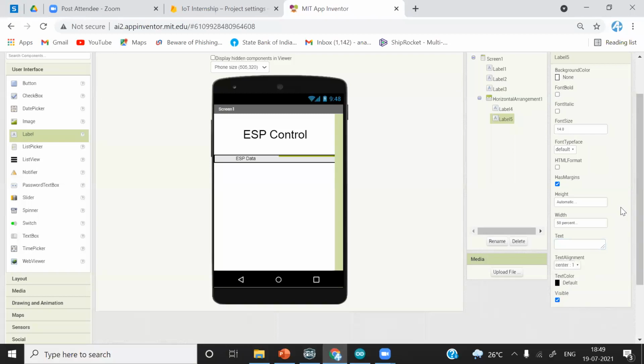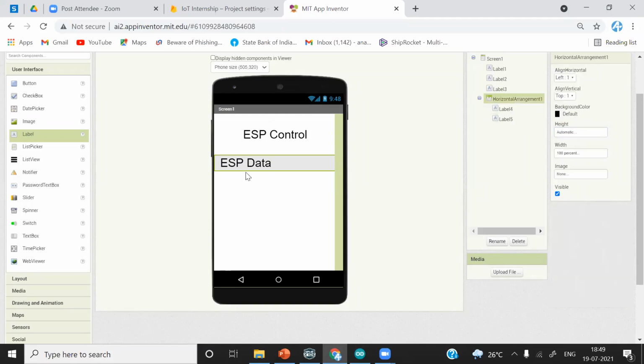Text alignment center, font size 20. I will just make it larger so all the participants can see the values change. So I'll make it 35. Same for this one, ESP data. All the data we are going to receive from ESP, we are going to observe in front of the ESP data object here.